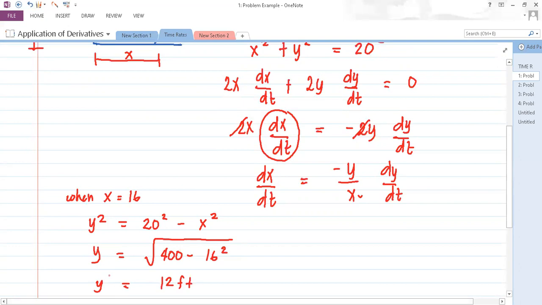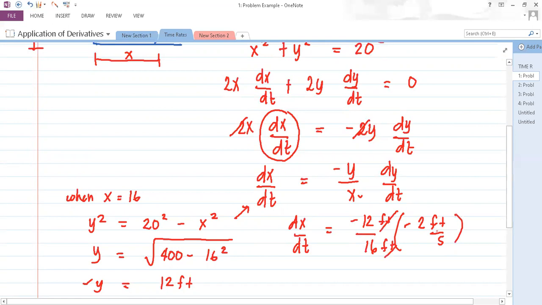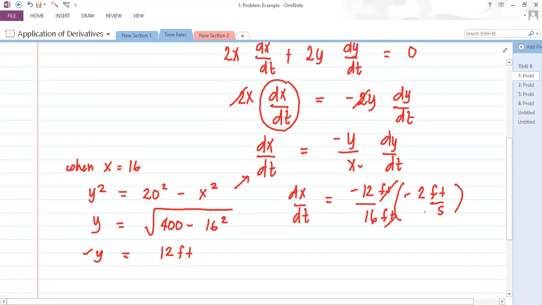Okay, so we have now the value of y. So substituting here in our equation, our dx over dt now is equal to negative 12. X now is 16. dy dt is negative 2 feet per second. So this is in feet, this is in feet, magka-cancel yung unit. Kaya ang matitirang unit natin is feet per second. Okay? So 24 divided by 16, that is